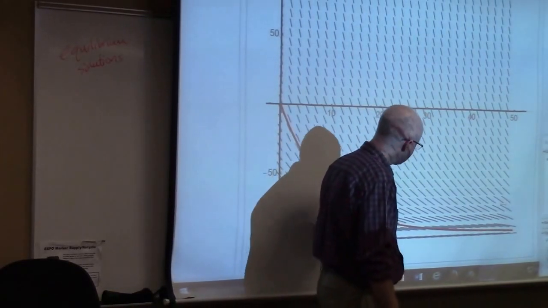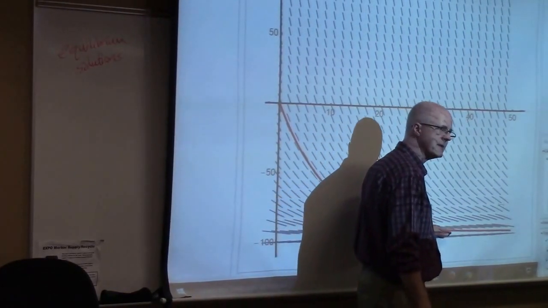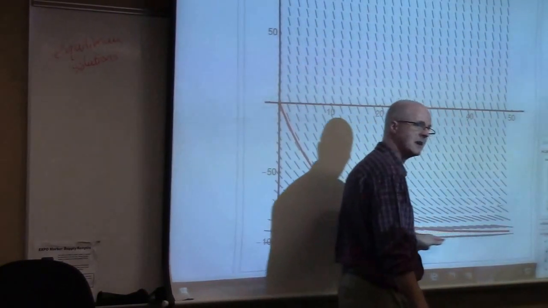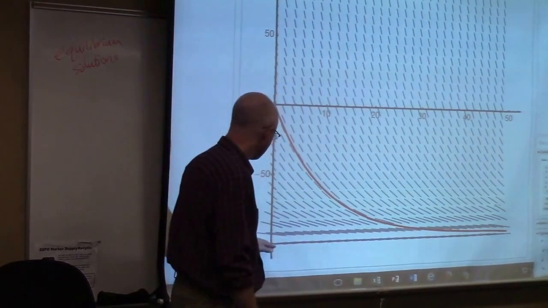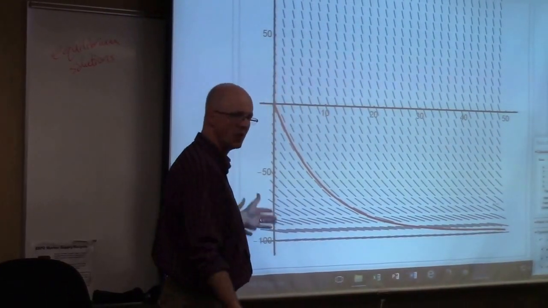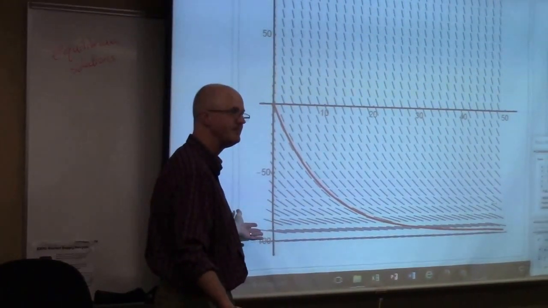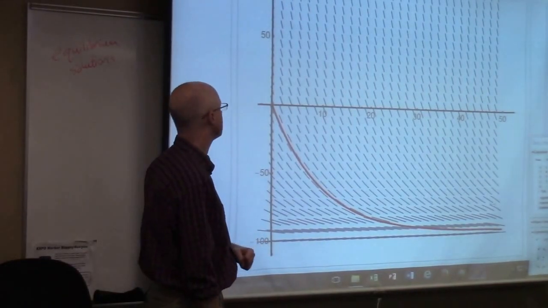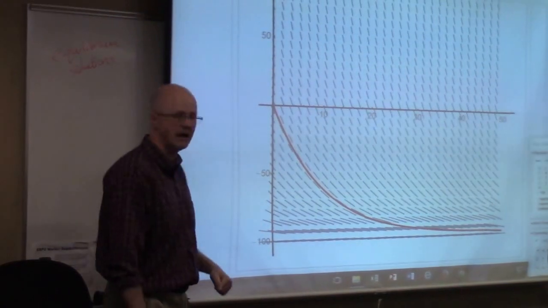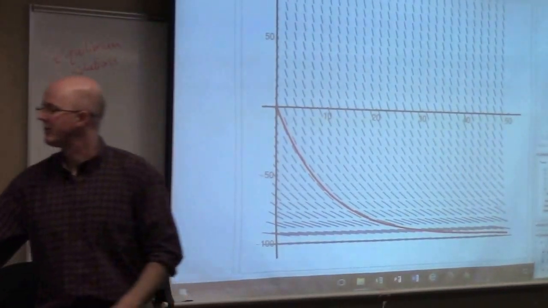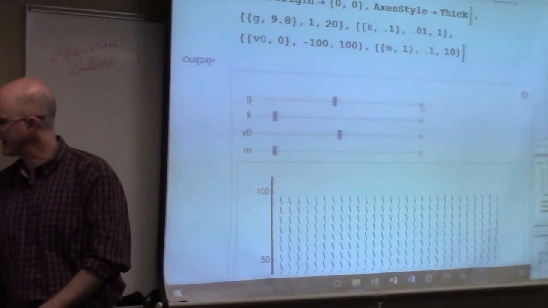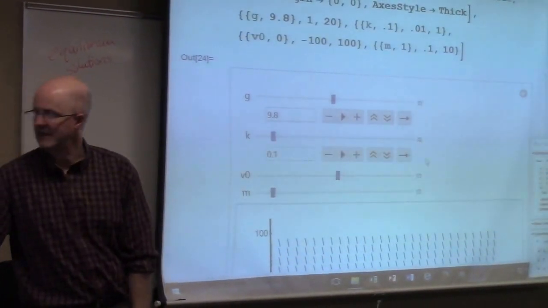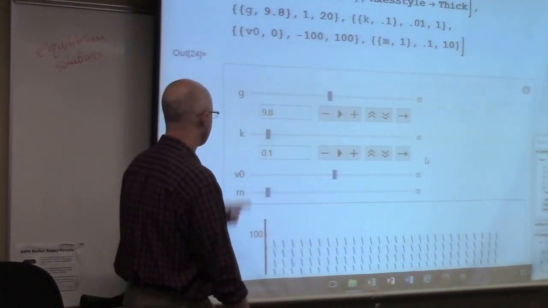However, the absolute value of that acceleration gets closer and closer to 0 because the slope of this gets closer and closer to 0. It has some sort of horizontal asymptote. That horizontal asymptote would be what's called the terminal downward velocity. Maybe I should say it as the terminal upward velocity because it's a negative velocity here. Around negative 100, it seems, for an object in the Earth's gravitational field where g is 9.8, and such that the constant of proportionality for the air resistance is 0.1,